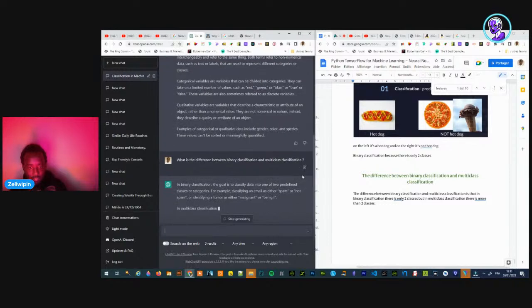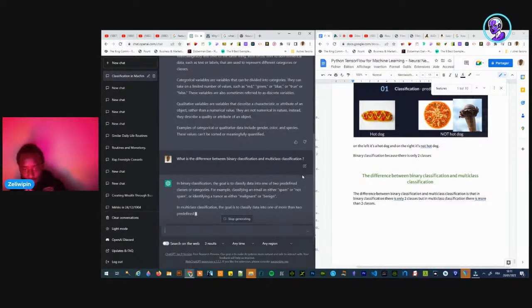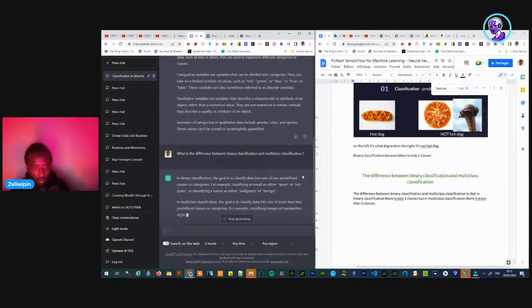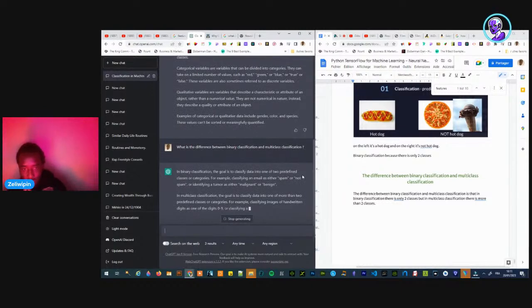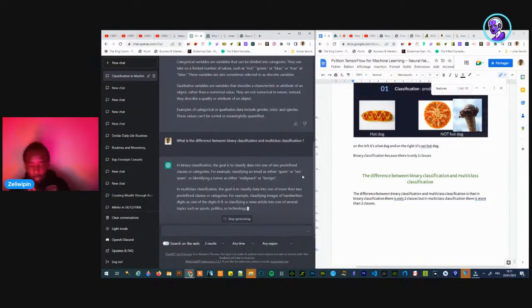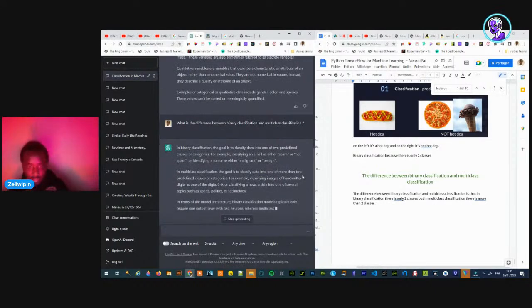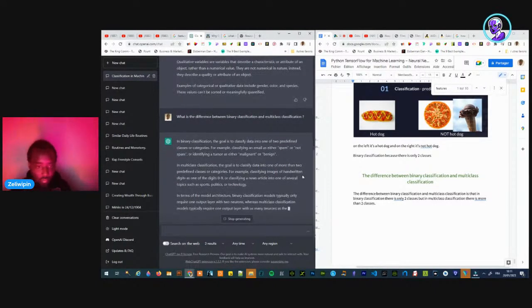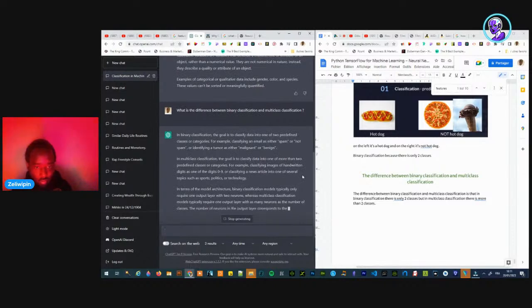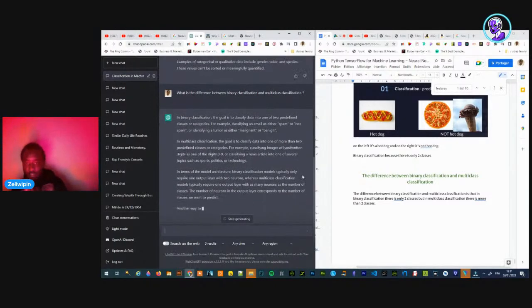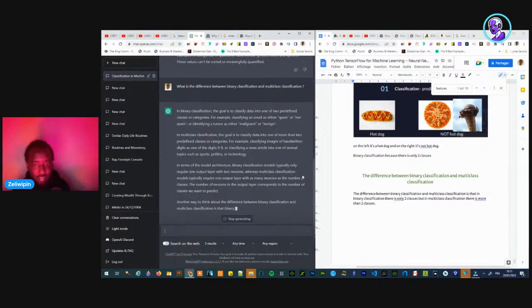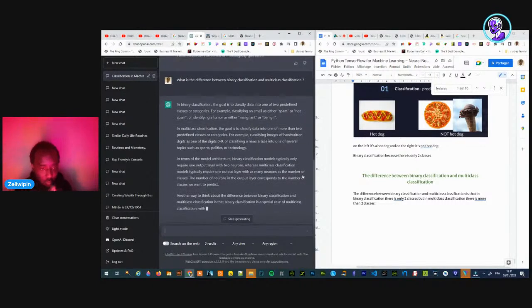For example, classifying an email as either spam or not spam, or identifying a tumor as either malignant or benign. In multi-class classification, the goal is to classify data into one of more than two predefined classes or categories. For example, classifying images of handwritten digits as one of the digits 0 to 9, or classifying a news article into one of several.